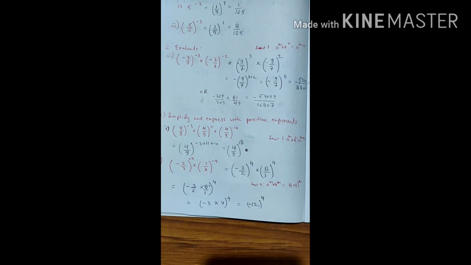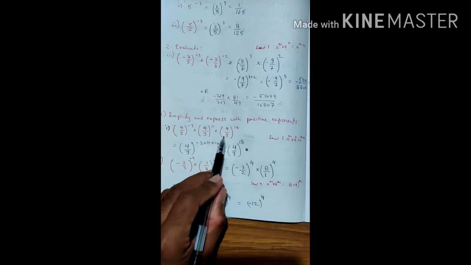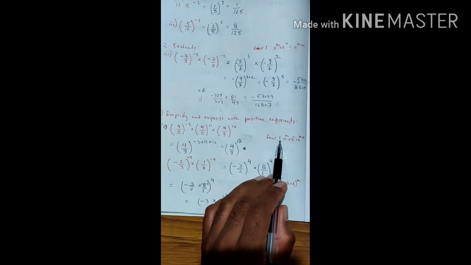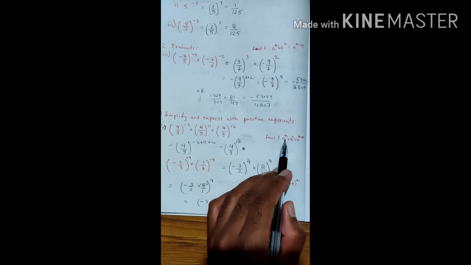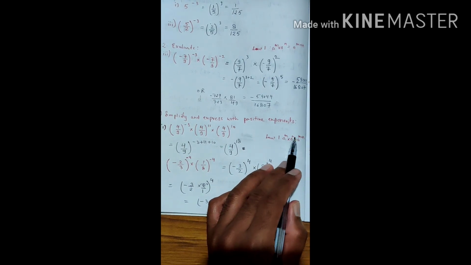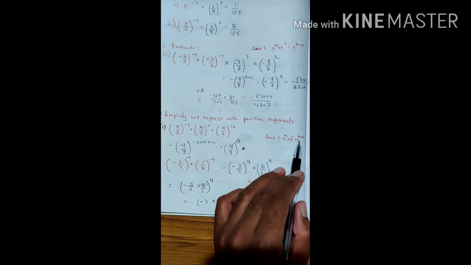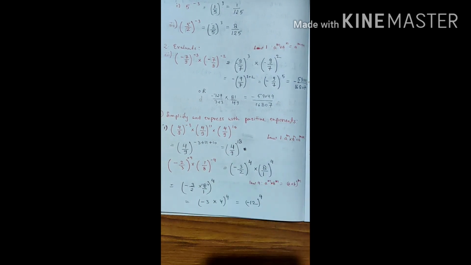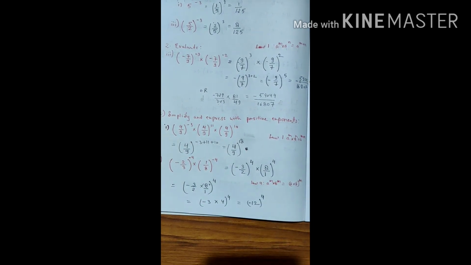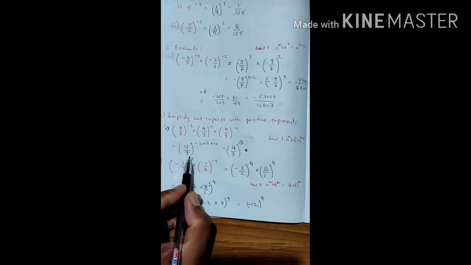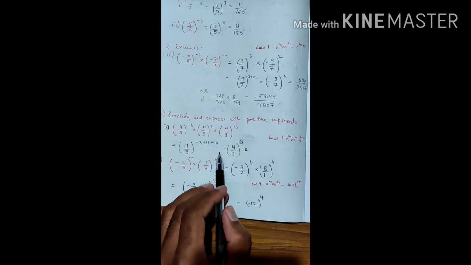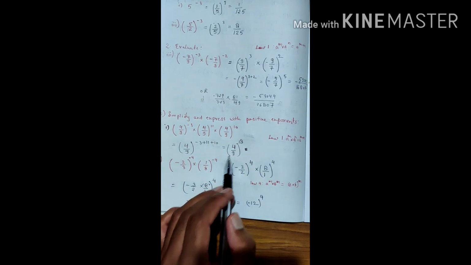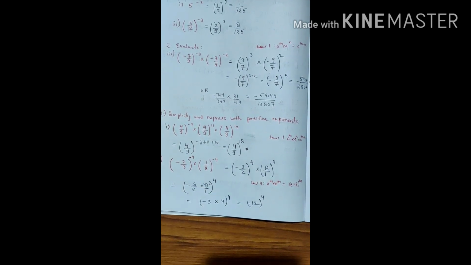Again, as you can see, the bases are same in all the cases. So in this also we'll apply our law number 1, that is, a raised to the power of m and a raised to the power of n gives us a raised to the power of m plus n, because when bases are same, powers add. So we just have to add our powers over here. Once you add them, you will get your answer as 4 by 9 raised to the power of 18.